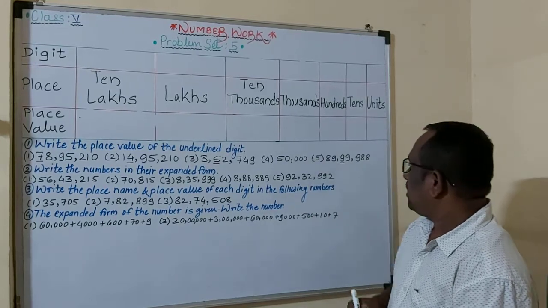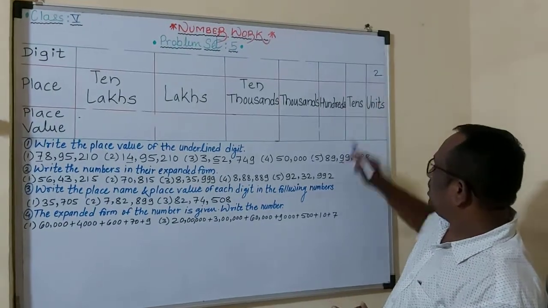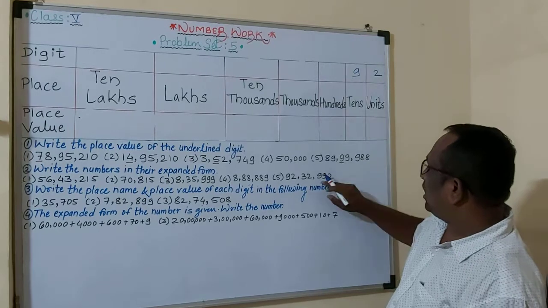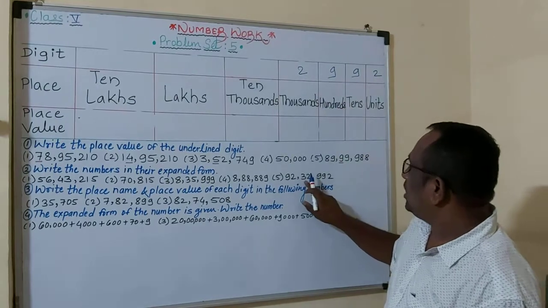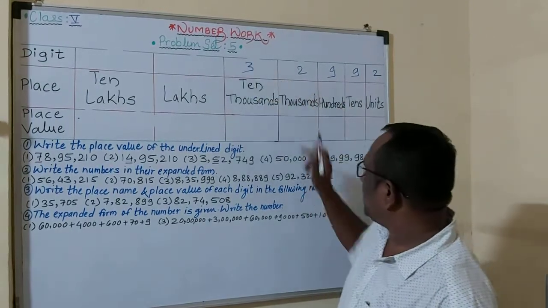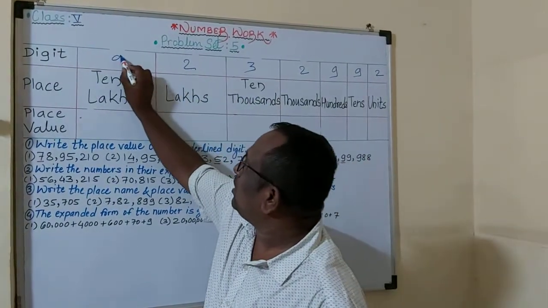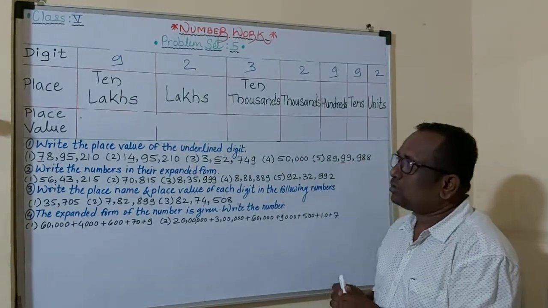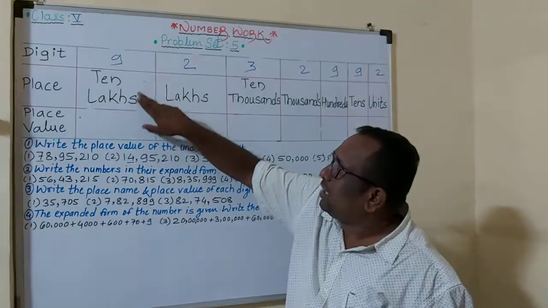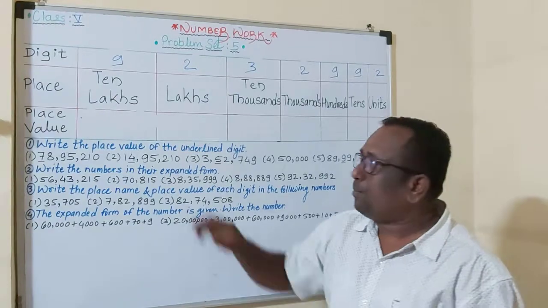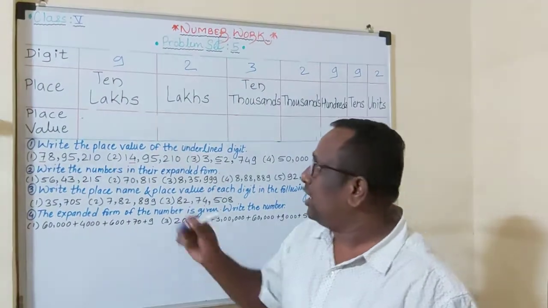Again we will put all the numbers in our khichdi chart. This 2, I told you, starts from the unit place, so just 2. Then the 10 place 9, the 100 place also 9, the 1000 place 2, the 10,000 place 3, the lakh place 2, and this 9 is in the 10 lakh place. So now, students, we have to write the expanded form. The place value of 9 is 10 lakh, so 90 lakh.